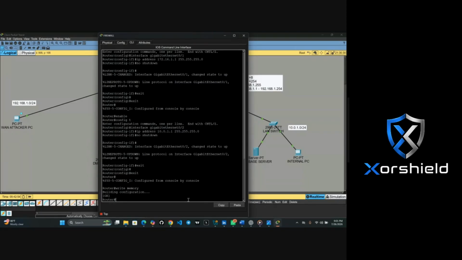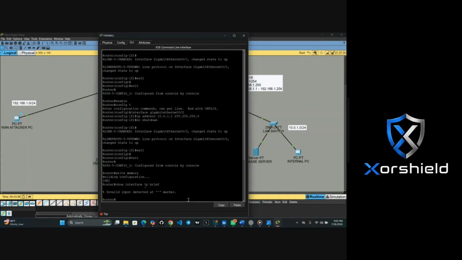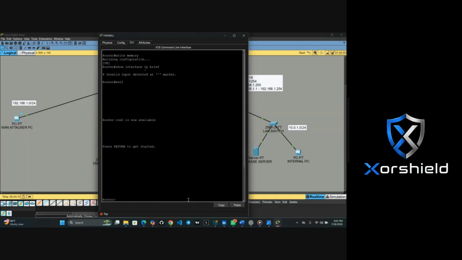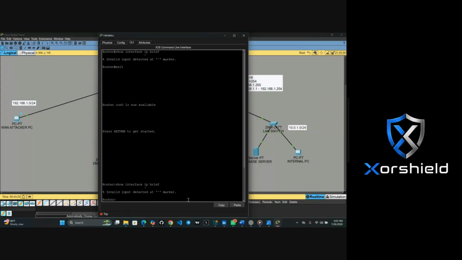The way it is right now, if you want to check, you can just say show ip interface brief. Oh, sorry. Show ip interface brief. Why is it not showing? I'm coming.